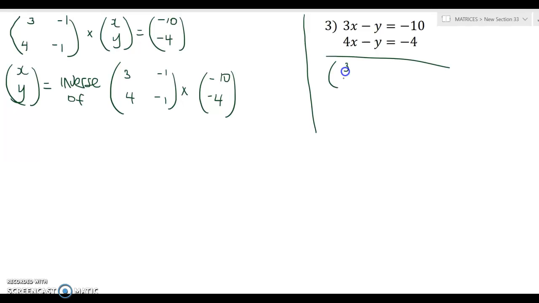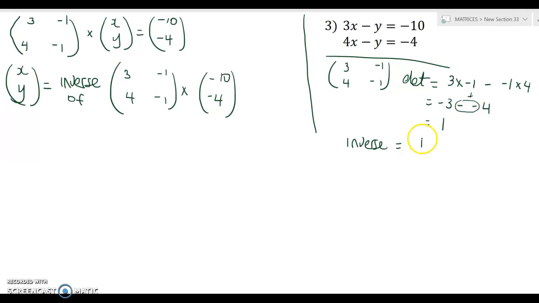So 3, 4, minus 1, find the determinant first. So the determinant would be the product of the first diagonal, 3 by minus 1, take away the product of the second diagonal, minus. So our determinant is minus 3 minus minus 4. 2 minuses is a plus, remember that, right? So minus 3 plus 4 is 1, right? So therefore, my inverse